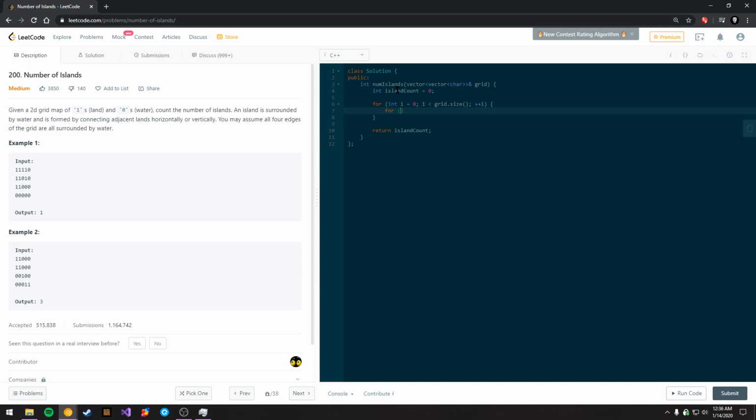So how you do that is for int j is equal to 0, j is less than grid at 0 dot size. This is just standard 2D matrix traversal. And so if we find a 1,